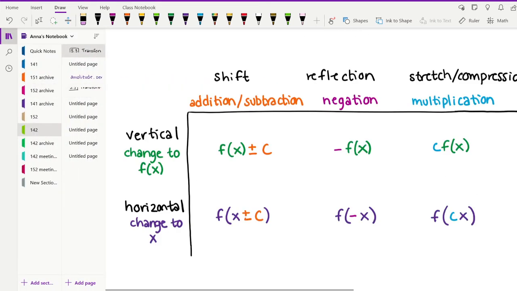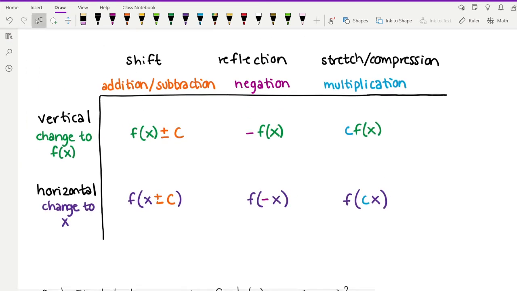So last time at the beginning of the video, I showed you this table that I typically give students in my pre-calculus 1 classes that kind of summarizes all the different types of transformations. And one of the ways that you can kind of separate or categorize transformations is by whether they're vertical or horizontal. And so a vertical transformation is a transformation that changes the outputs, the y coordinates of a graph. Whereas a horizontal transformation is a transformation that changes the inputs, the x values, or in this case, the t